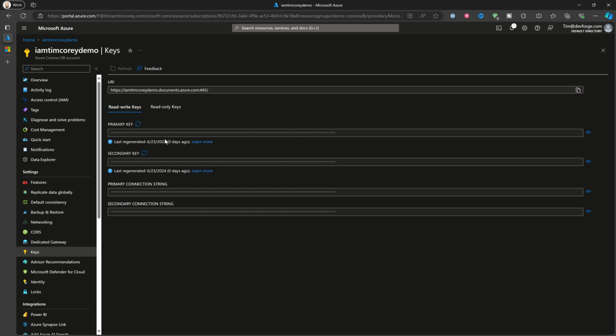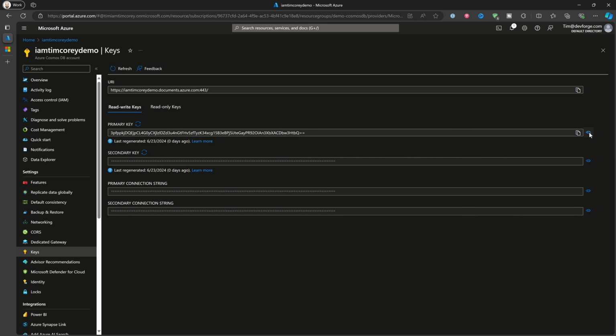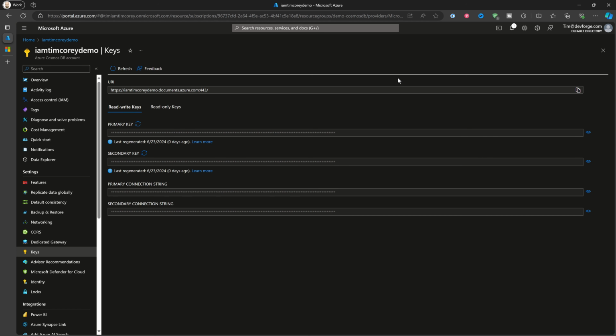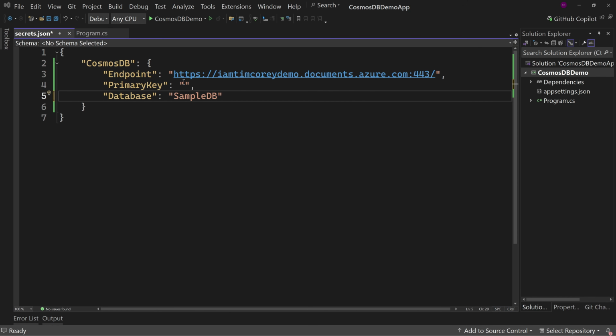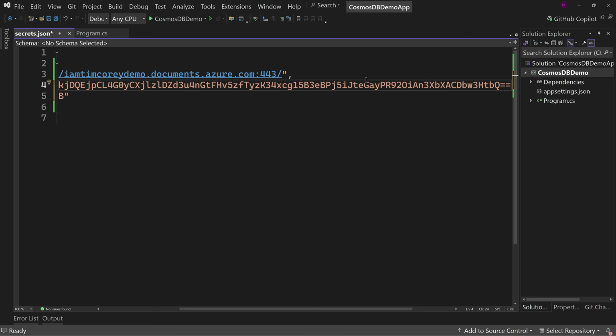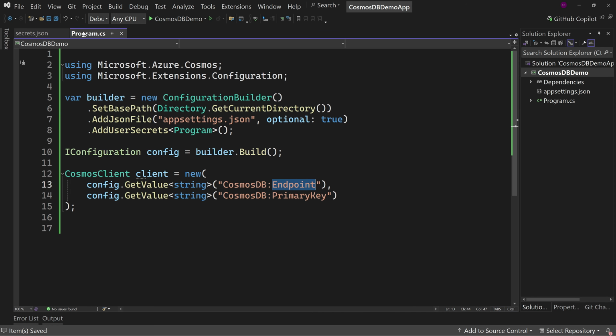the database goes away. But second of all, I can just say this refresh button right here, which regenerates the primary key. It destroys the old one and creates a new one. But if I do this little show primary key here, then I can see my primary key, and there's a copy button over here. I copy that. I will unshow the primary key, and I can come back over here and paste into my secrets.json my primary key. Again, this goes away, not a problem. So now I have my endpoint and my primary key, which will allow me to create a client that can